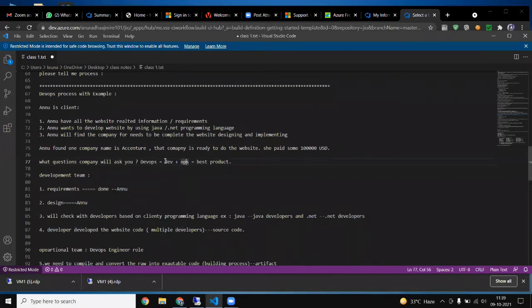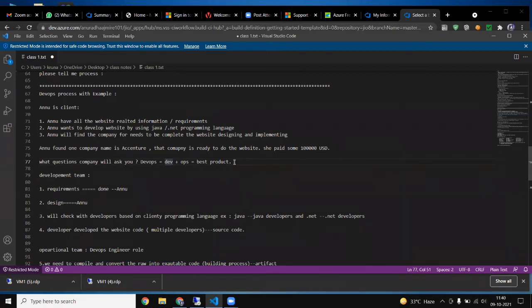will tell you that you have this code, but for building this code you have to run this tool, this MS Build tool, or this Maven tool for building purposes. And for the repository you use this repository. All of this the developer will tell us, and what we will do is take that source code and put it in that build tool.